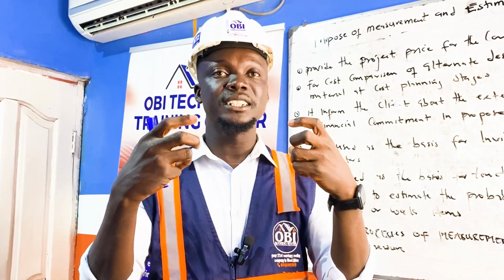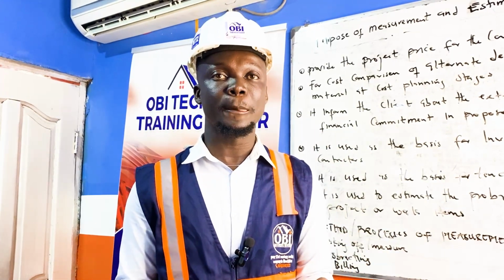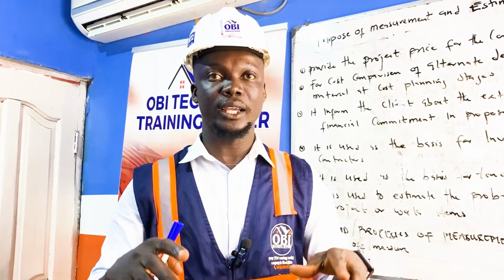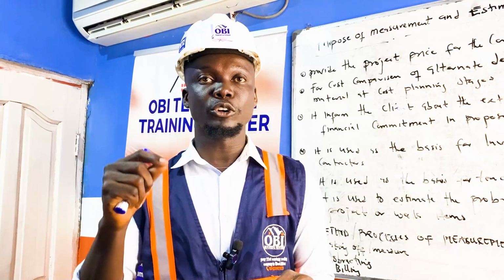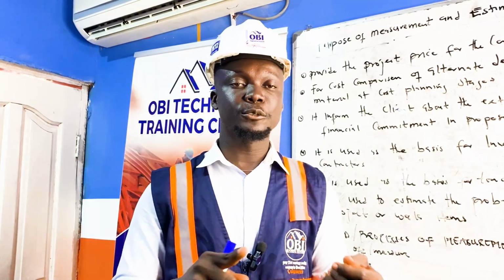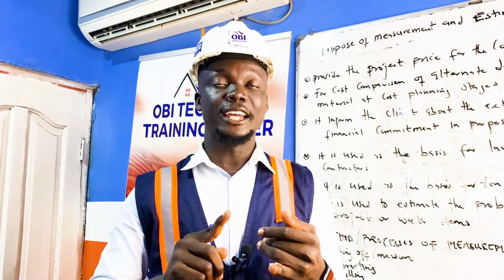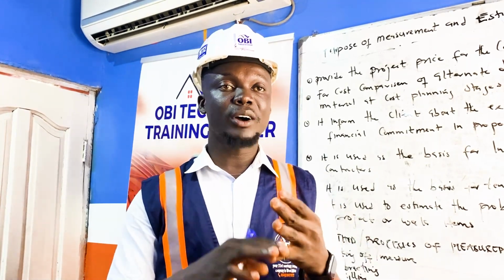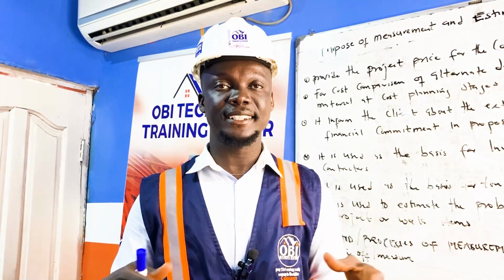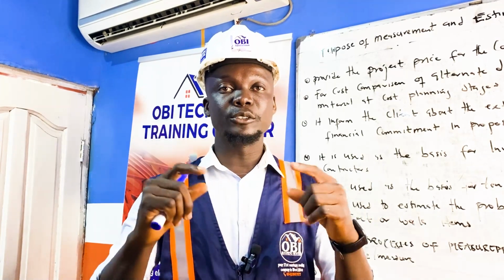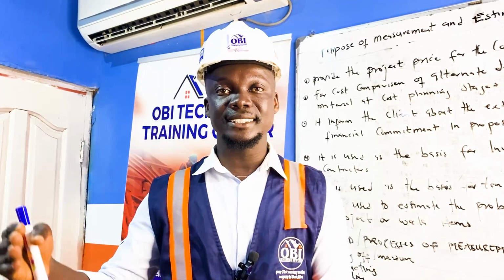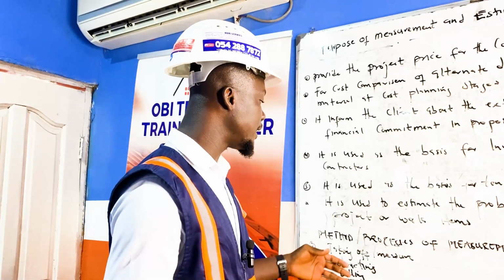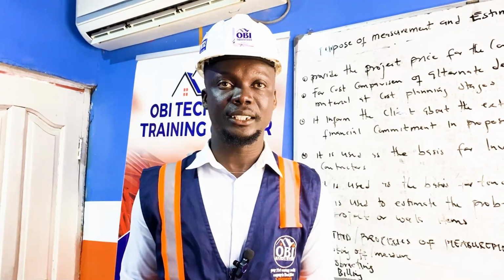So this description gives an insight that, okay, this is the volume or the quantum of work that will be done during the block work. So when you are doing the pricing or the rate analysis, you know that you have to factor in the mortar that will be used for bedding and jointing. You have to factor in the cost of the blocks as well, overheads, the transportation, and any other things that need to be factored in. Then you find the unit rate. Then you can insert it in your rate item to get the amount that is required. So that is how the billing is done.